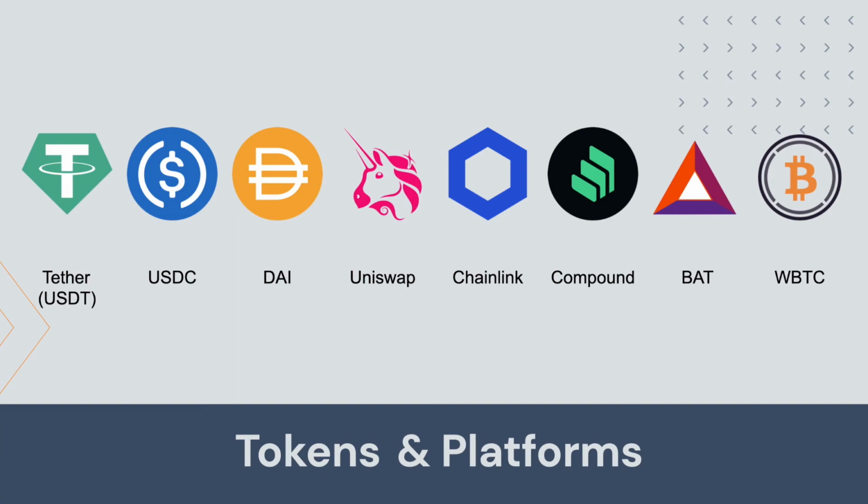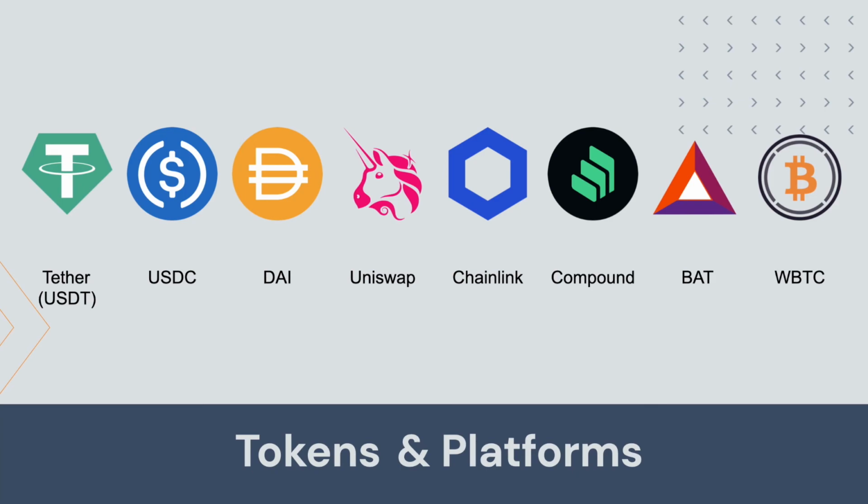There are many platforms that work like this. In particular, tokens are the smart contracts that act as accounting ledgers. They record the ownership of an amount and record all transactions between those accounts. All of these tokens in particular work on the Ethereum network, and this is only a very small example of the tokens that are available already, and all of them have different uses. Some of them are store of value, like DAI, as I told you, or others are used as voting power for a protocol, which is Chainlink and Uniswap.